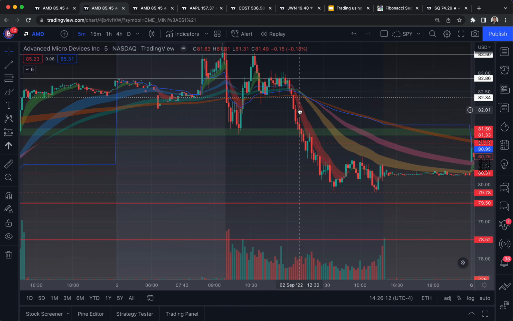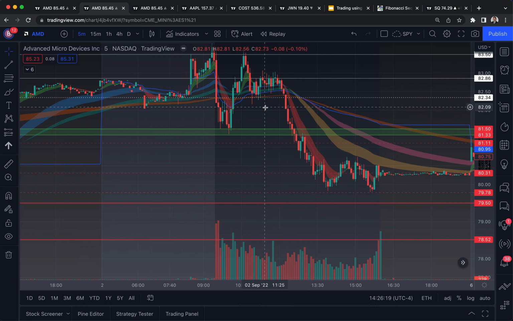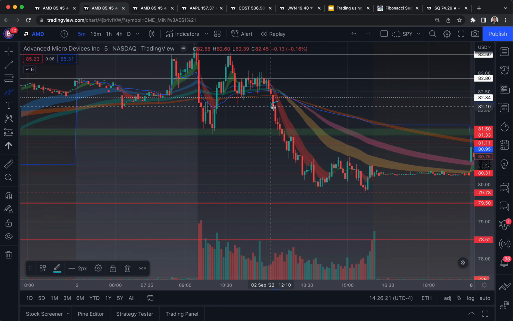We're respecting this 8 EMA cloud all the way in the move down, but I'm not using this 8 EMA as a sole reason to enter, right? You could have said, Brett, why didn't you enter right here? But you can see it's respecting the 8 EMA. The reason why is because there's no other reason to enter the trade besides the 8 EMA, so I'm going to wait. I wait for us to break this clean level, this 81.5 level, and then a retest into this